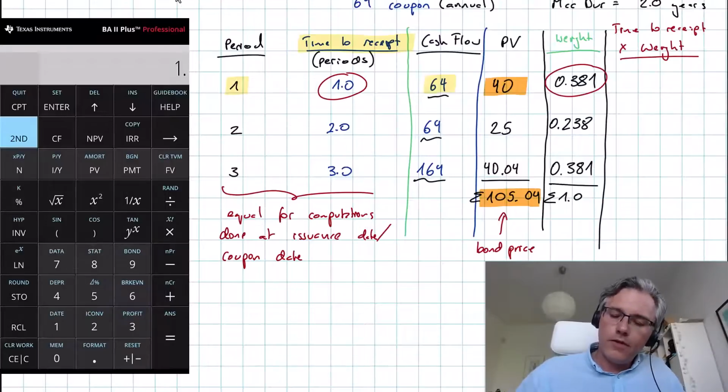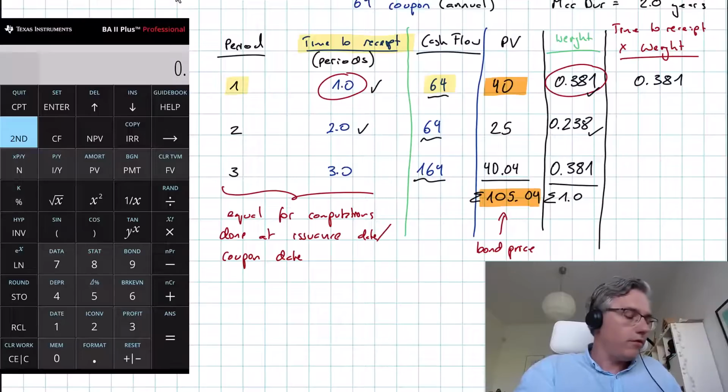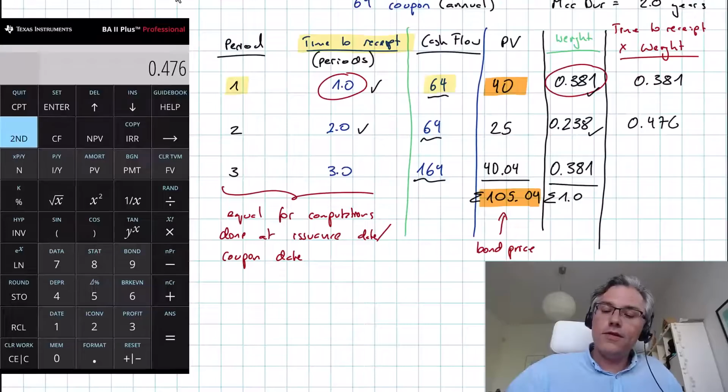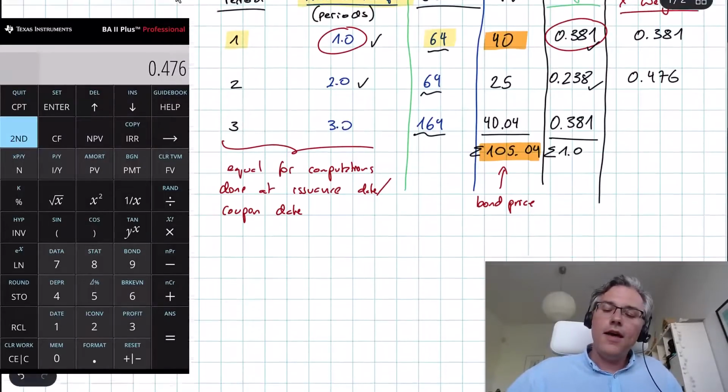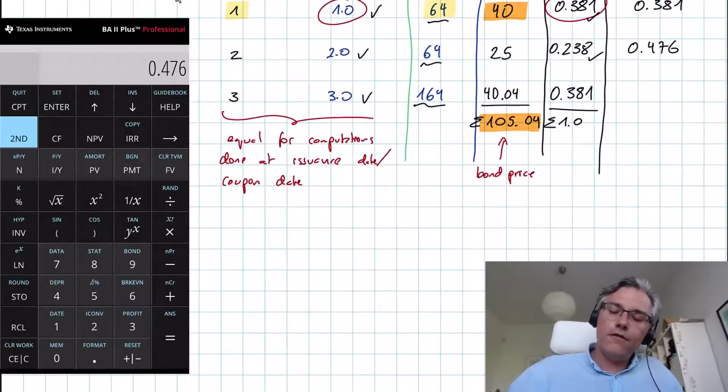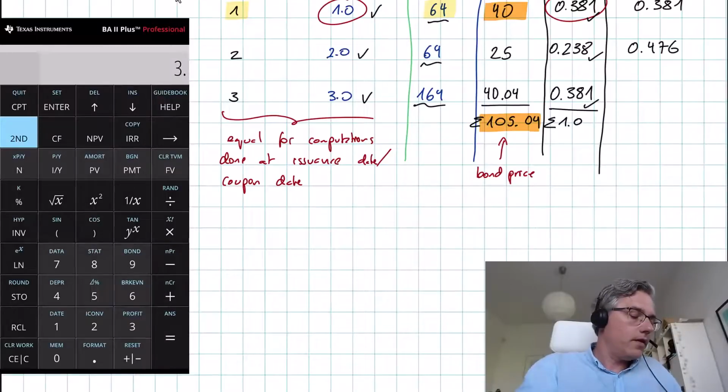So for the first one, it would be 1 times 0.381, which obviously gives 0.381. But for the second, you take this 2 and multiply by 0.238. 0.238 times 2 gives 0.476. Okay. And for the third one, 3 times 0.381. That's